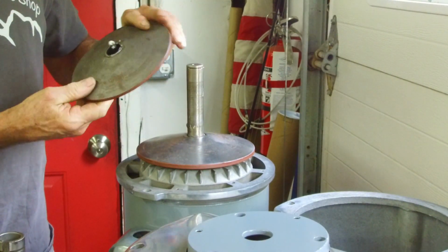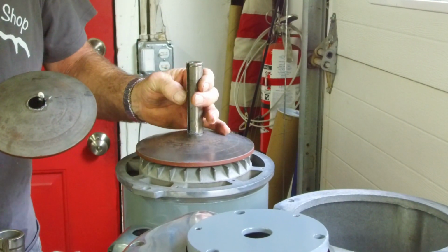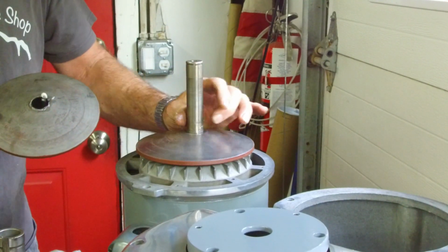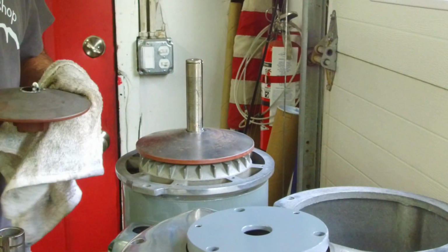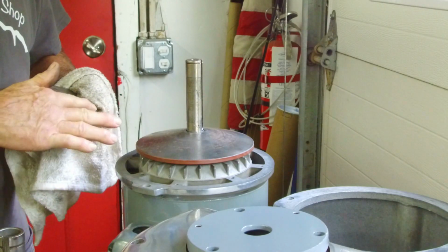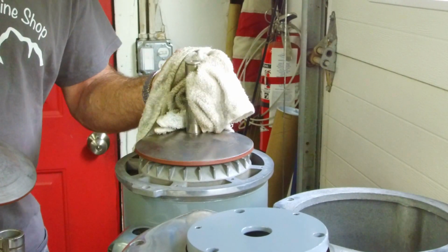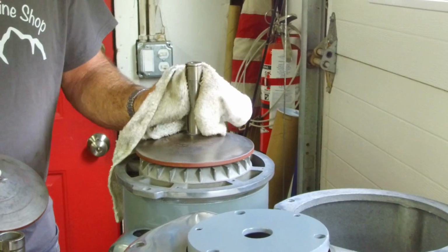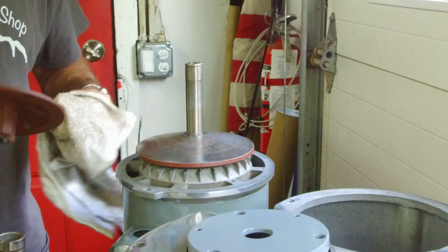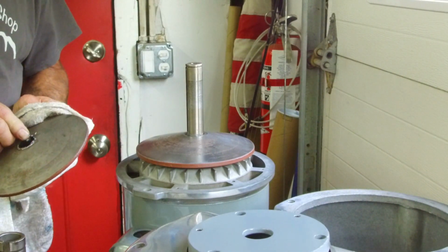All right. Pretty good. No Mars. Clean out the snap ring groove up here in the top and a little bit on the keyway. Trim that